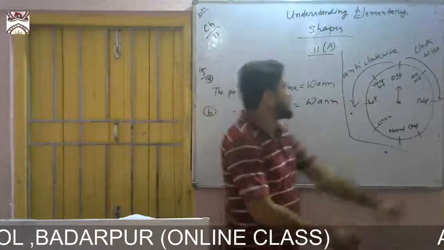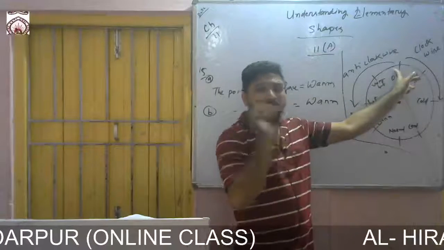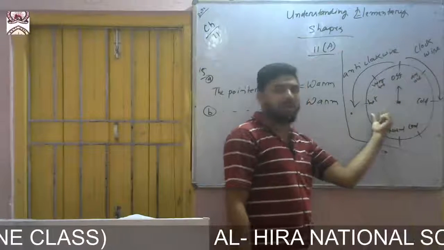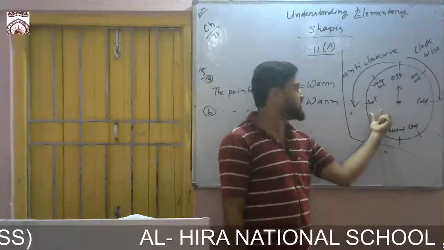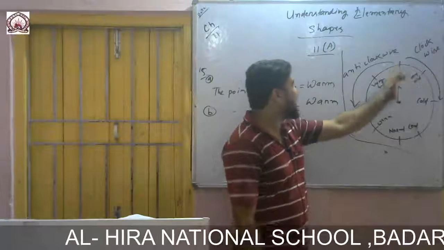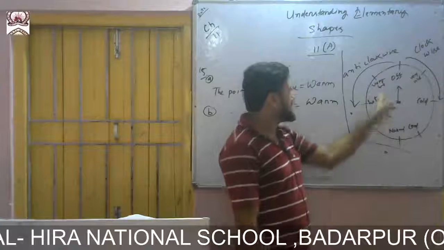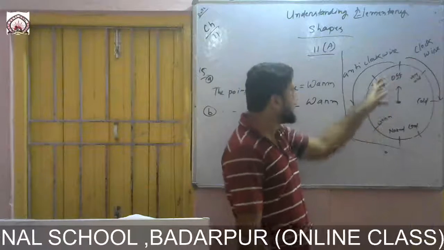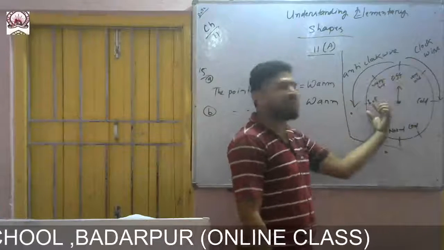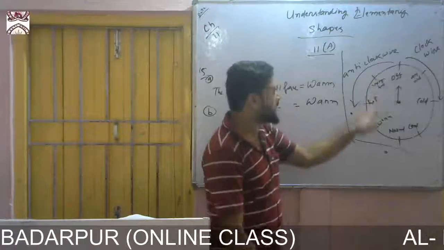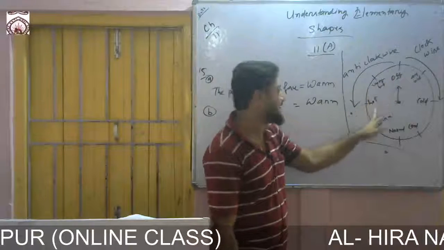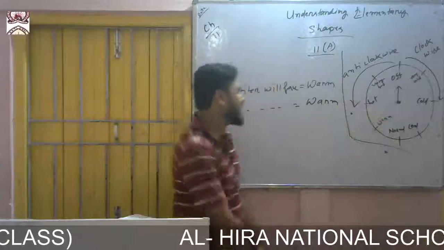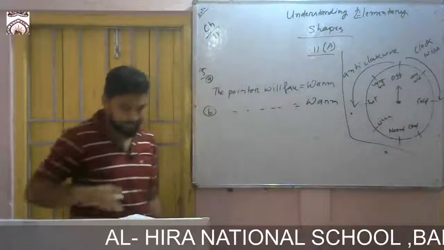How? Because from off it comes 135 degree. That means 45 plus 45 is 90, plus 45 is 135. So it is coming 3 times. From off anti-clockwise up to this one, 1 2 3 times, and each part is 45, so 90 plus 45 is 135. So it reaches 1 2 3. Okay, so it will come again to warm.